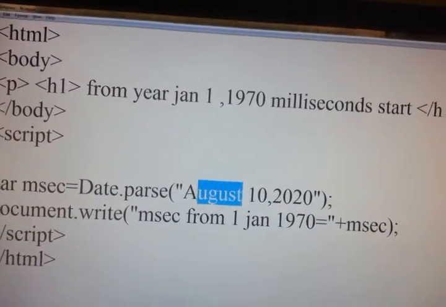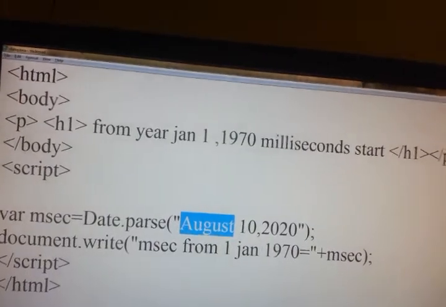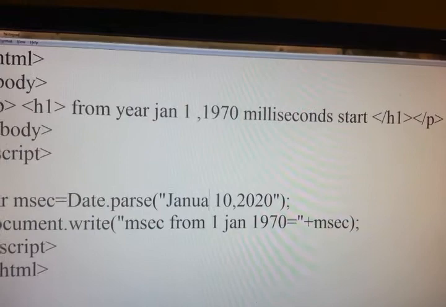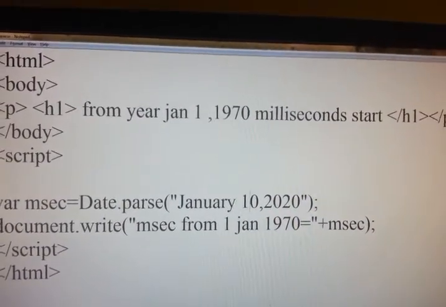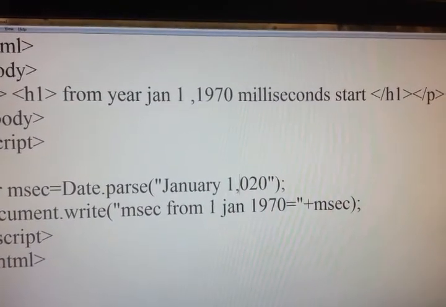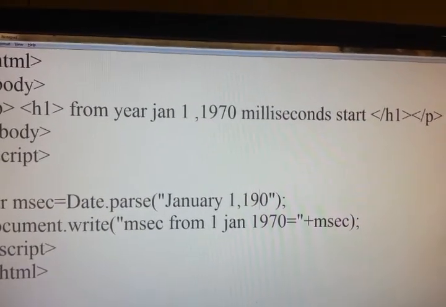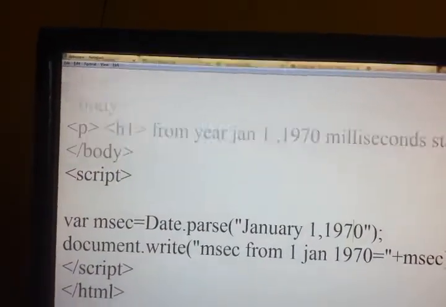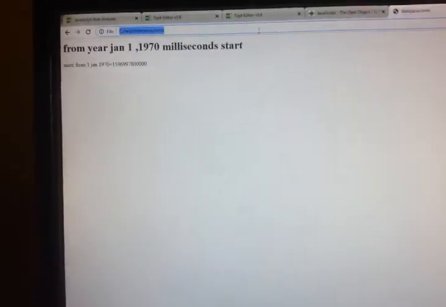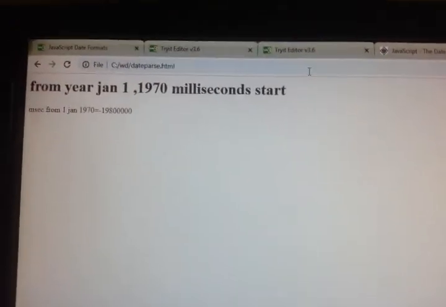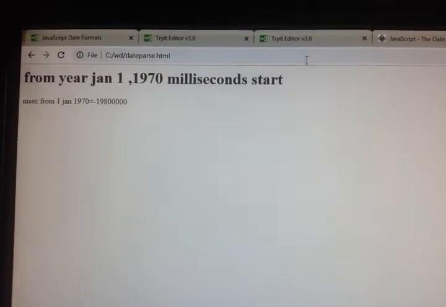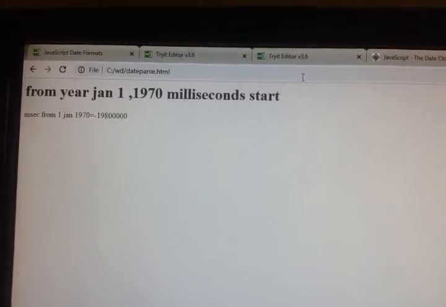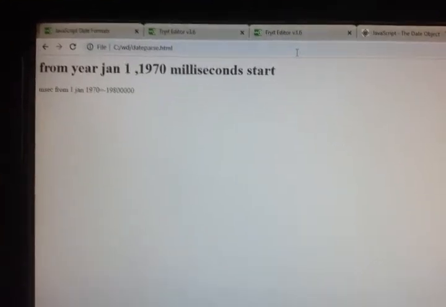Here we'll write January 1, 1970. Just save. See, milliseconds from 1st Jan 1970 is minus 198.